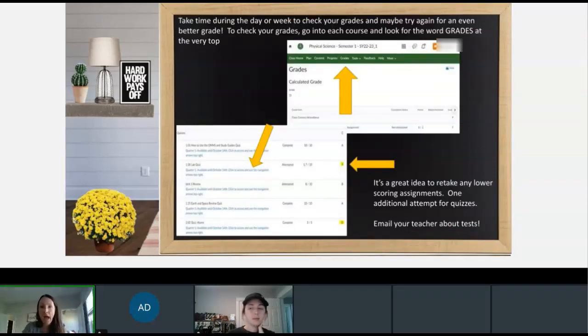Another thing that I want you to do throughout the week, I'm not saying you have to do this every day, but I do want you to get in the habit of doing this throughout the week. I want you to take some time to check your grades. And if you don't like your grade, then you can do something about it. Very lucky you guys are in this school that you have the ability to retake assignments. Not every school is like that. My kids, they're not allowed to do that at their school. If they get an F, they have an F. So you're lucky in that you get to take advantage of that.